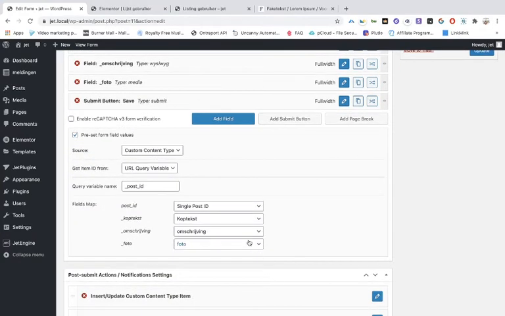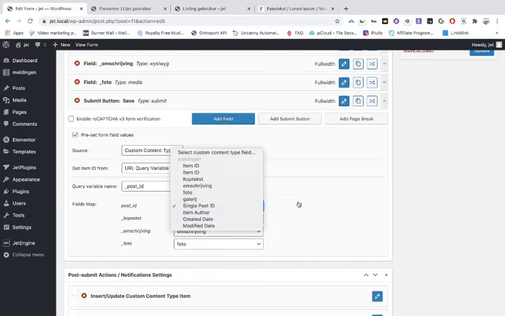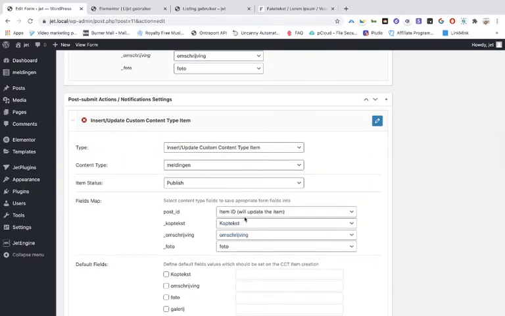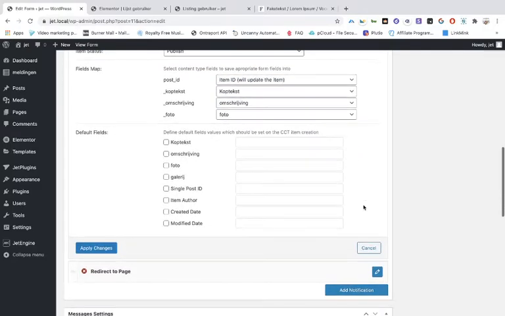So this is the different item updates. Okay,